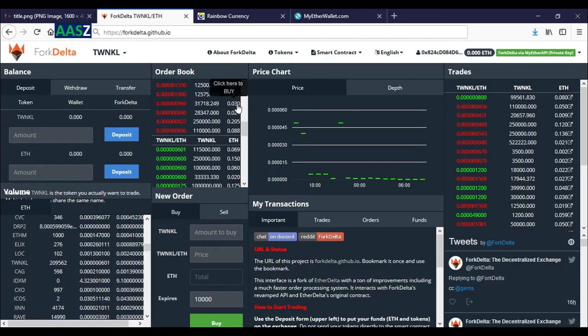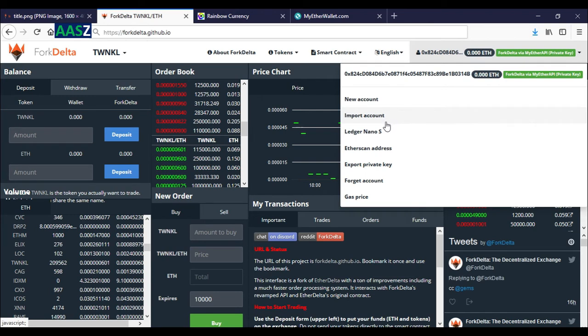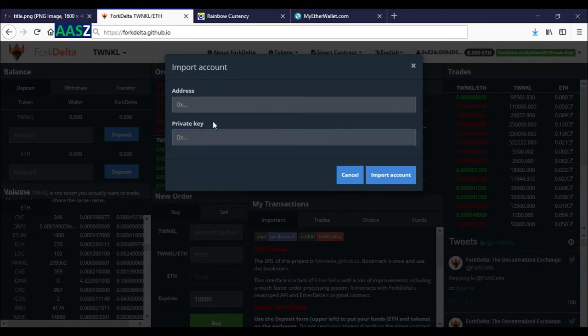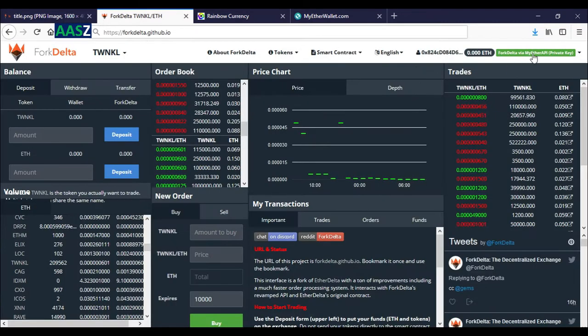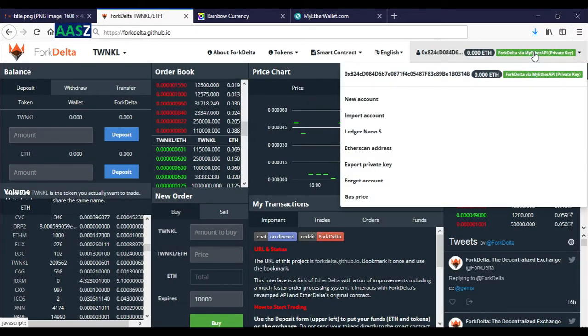There are different login options. As discussed, directly importing your main MEW account is not recommended. It is recommended to use MetaMask with Fork Delta. It is safer for you and actually safer for Fork Delta as well.